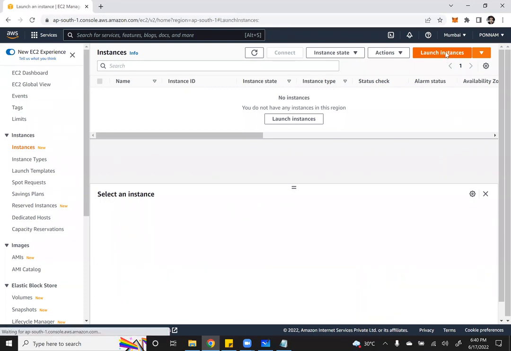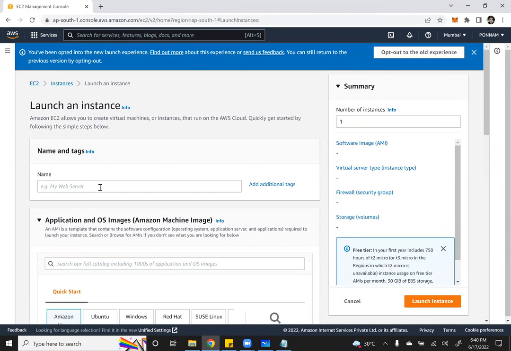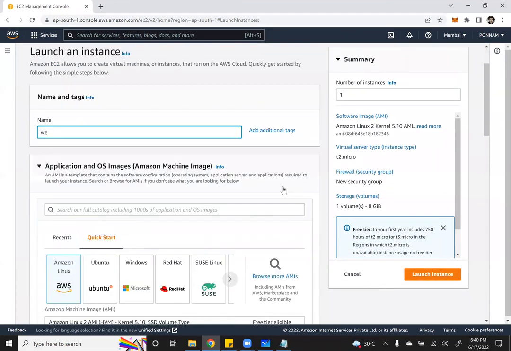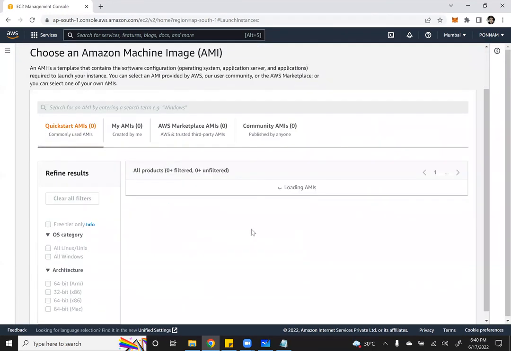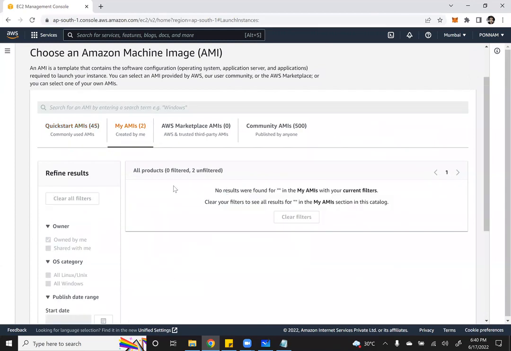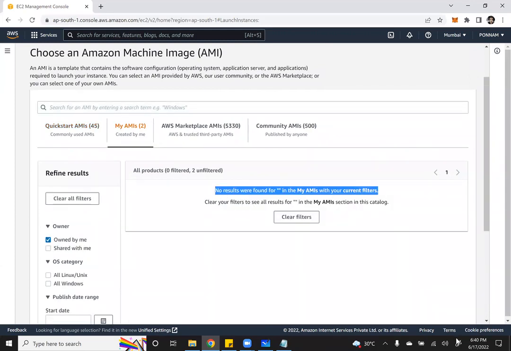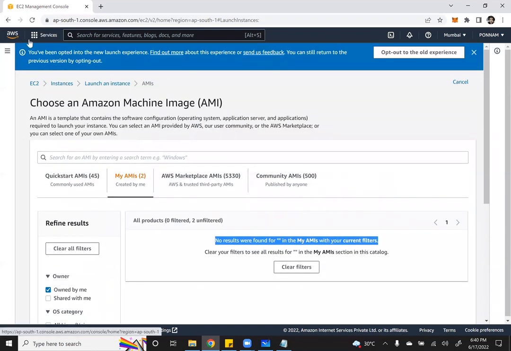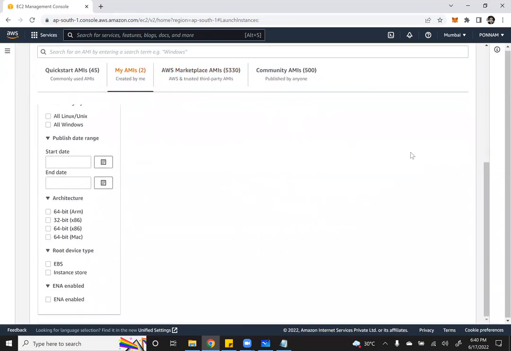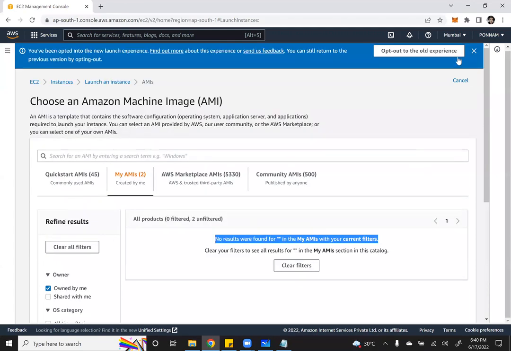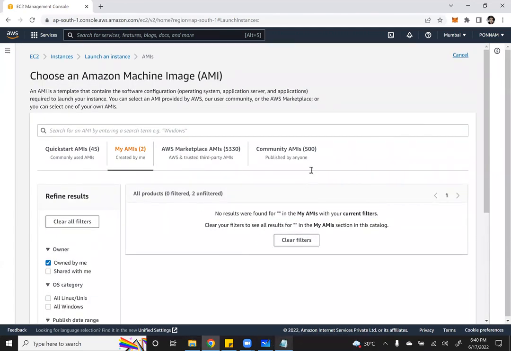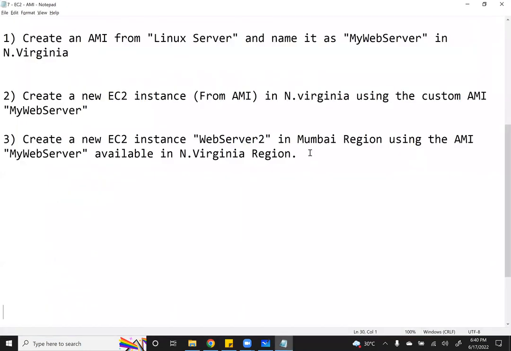So the same process, click on launch instance, give some name. And if I go to here, and if I click on my AMIs, you cannot see any AMI here. Right? So now what we have to do is, we can say that by default, you cannot copy or you cannot use the AMIs in a different region. To do that, the first step, what we have to do is copy the AMI,